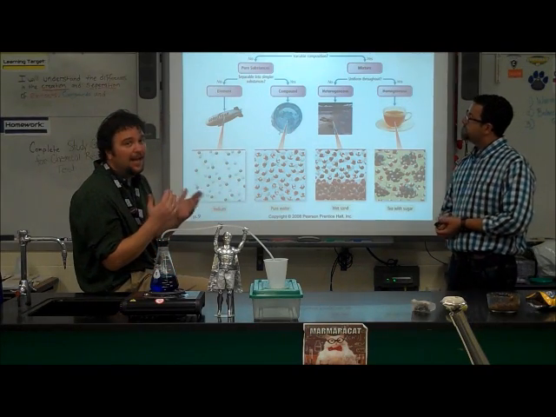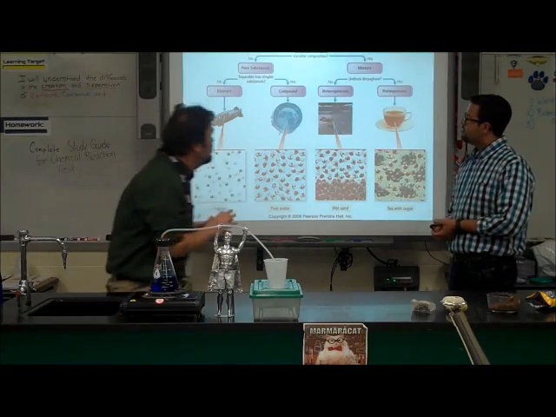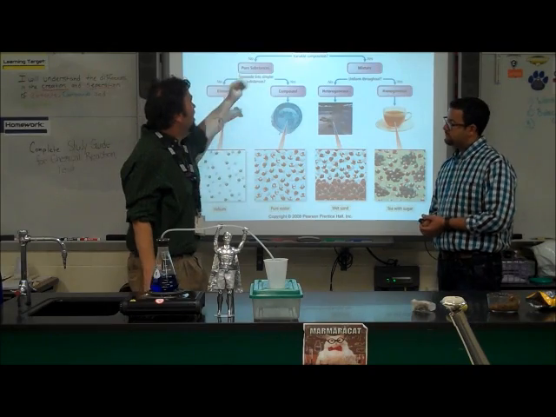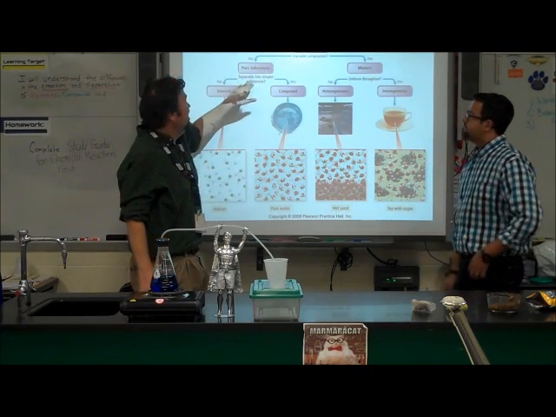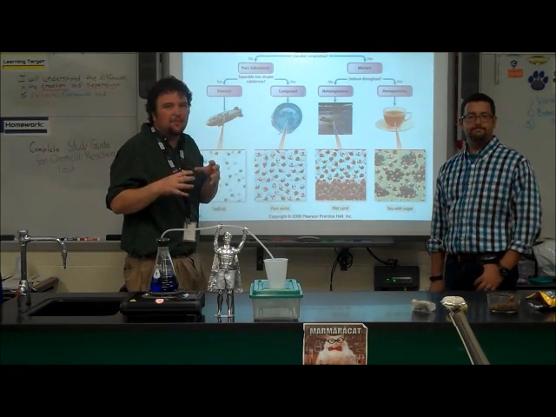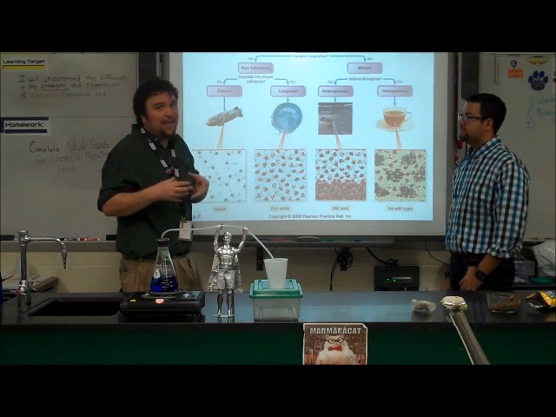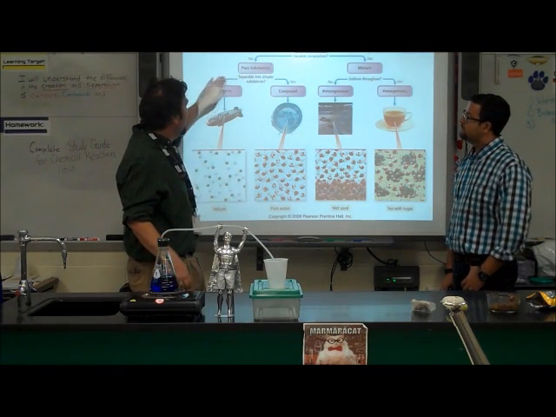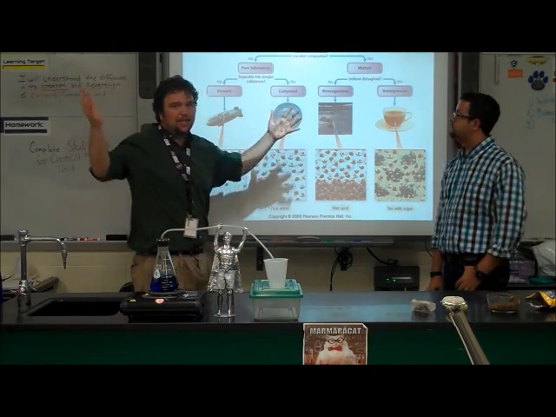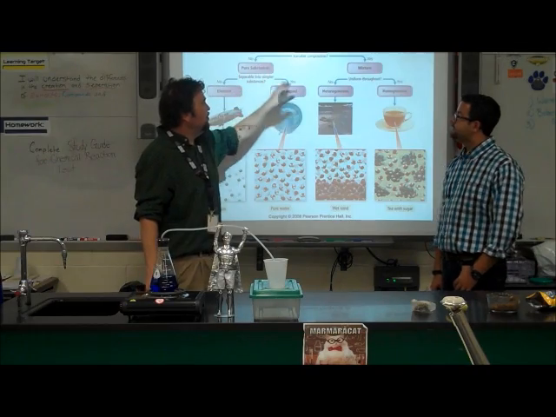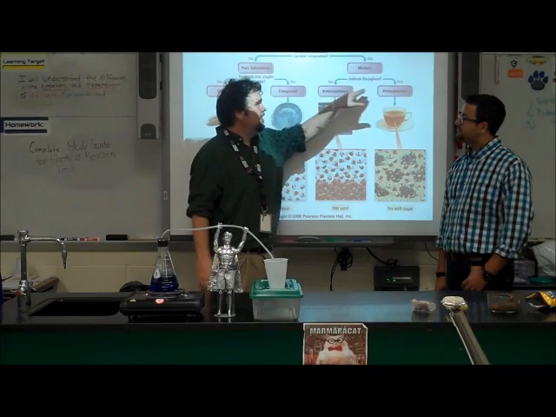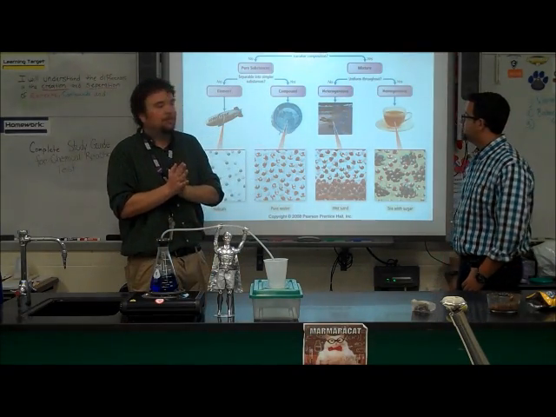So if you take something, for example, like hydrogen, your first question is, does it have variable composition, or is it the same throughout? No, it does not have variable composition. Is it a pure substance? Can you simplify hydrogen? Can you break it down into something more simple? No, that's an atom of hydrogen. That's as small as you can get. So again, no, and it tells you it is an element. So you can practice, come up with anything you can think of off the top of your head, and run it through these questions, and it'll tell you whether you have an element, a compound, or a heterogeneous or homogeneous mixture.